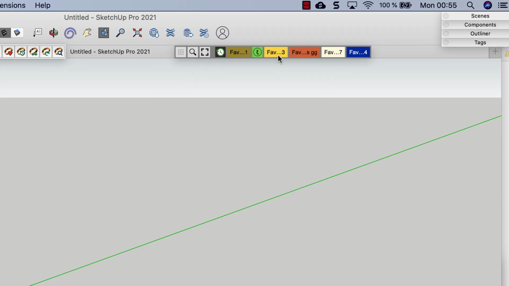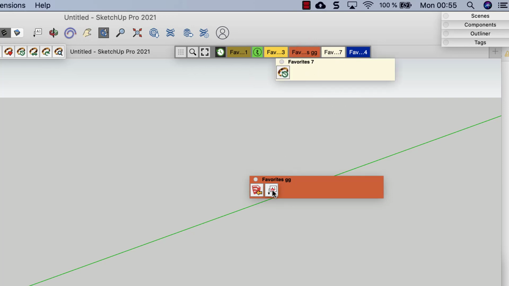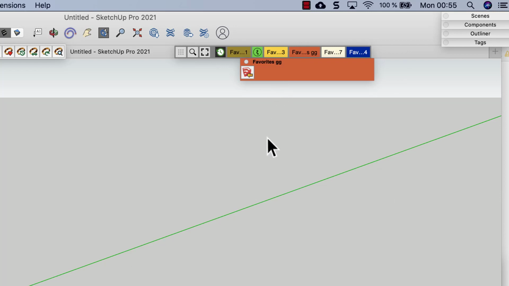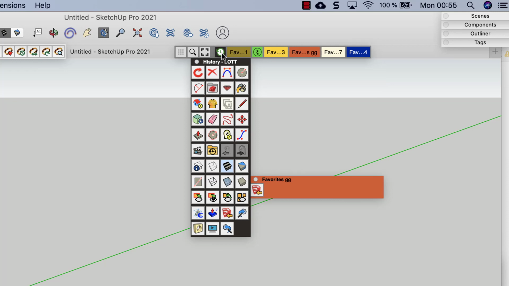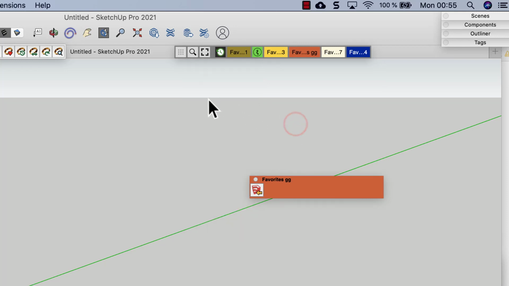You have also the palettes and the same capability to drag and drop icons from one palette to another. You have the same history, so same thing. When you type a command, it is recorded in the history.